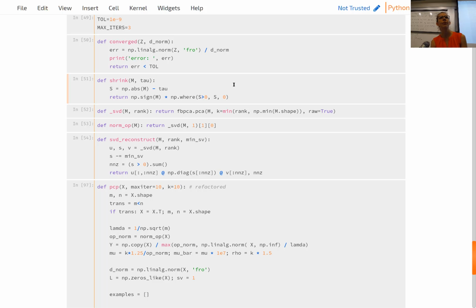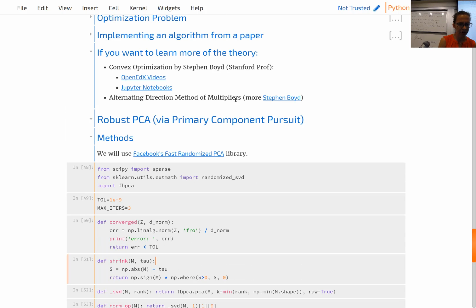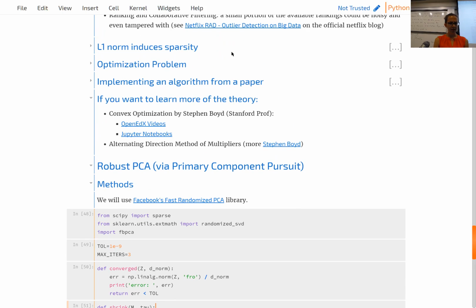I've got a question. Would you better find that Stephen Boyd notebook? Oh, there are links to it in here. Let me find the section. So right above robust PCA, I have something that says if you want to learn more of the theory, which is